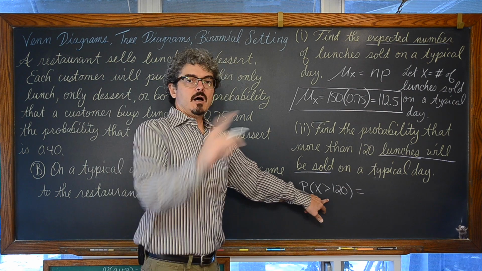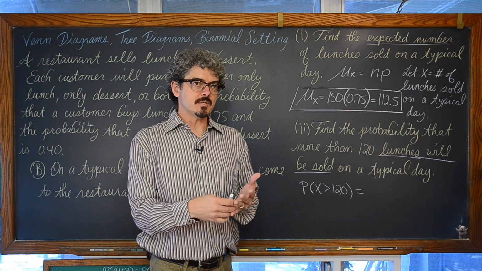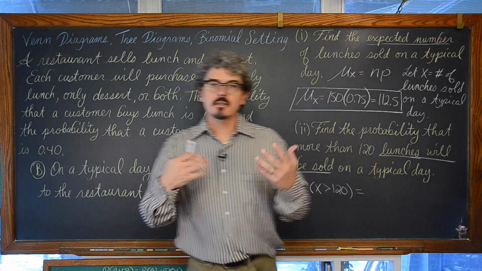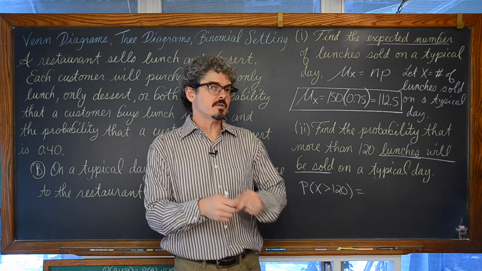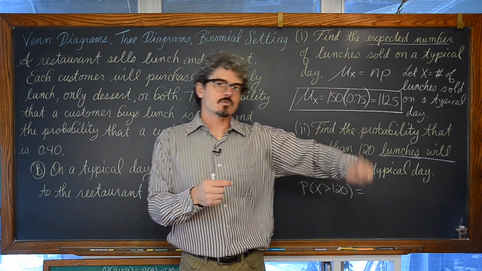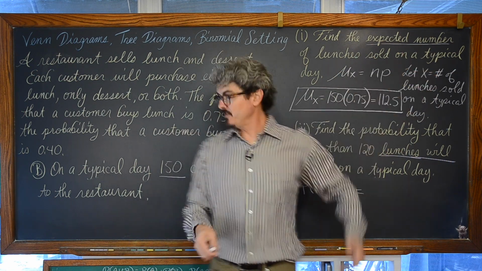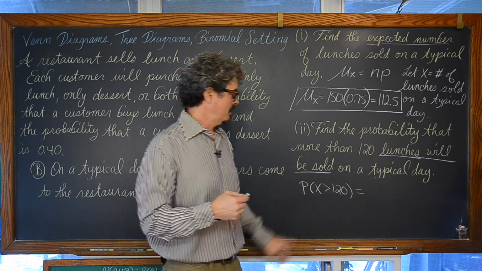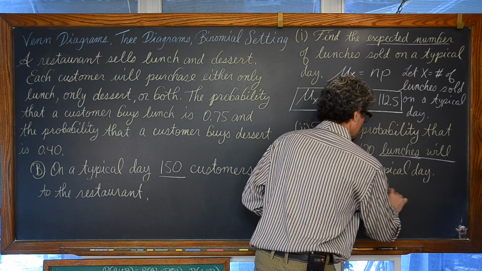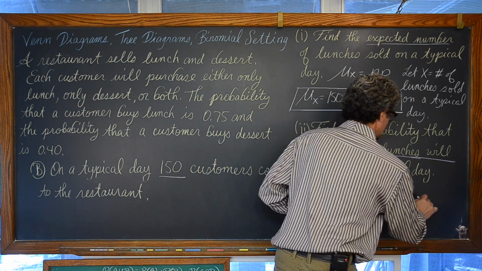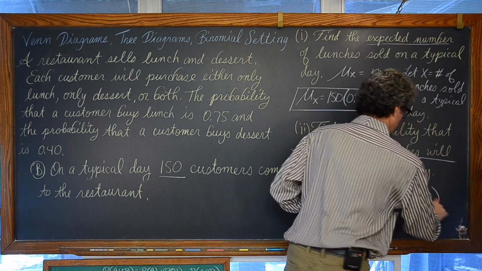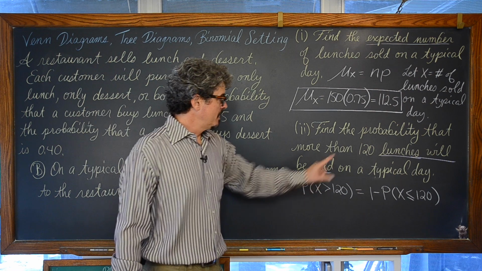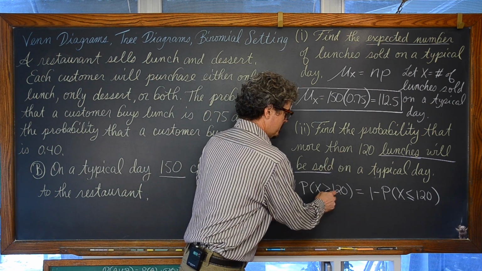Well, that's counting up. Your calculator is probably going to be set up to only be able to count down. So you have to recognize that if you have 150 people coming in for lunch and you want to find the probability that you sell 121, 122, 123, and up to 150 lunches for those 150 customers that come in, that's going to be equal to 1 minus the probability that x is less than or equal to 120, right? More than 120. So that language is not equivalent to this notation.